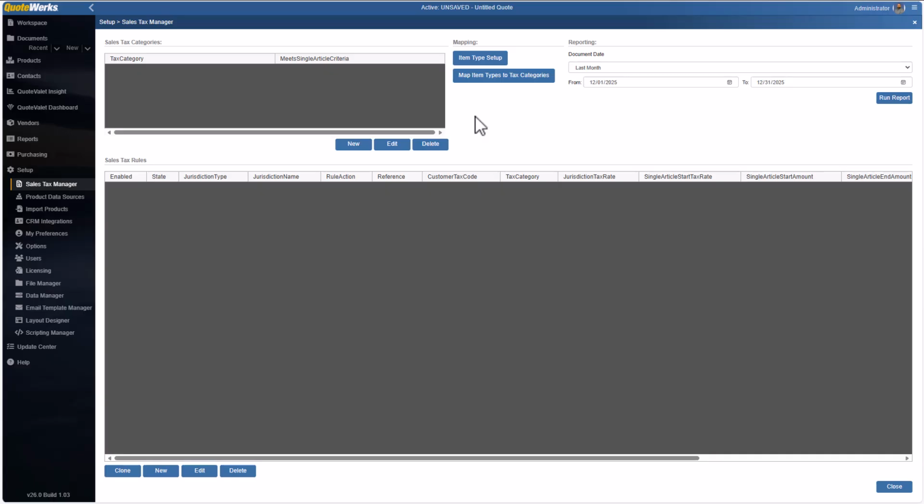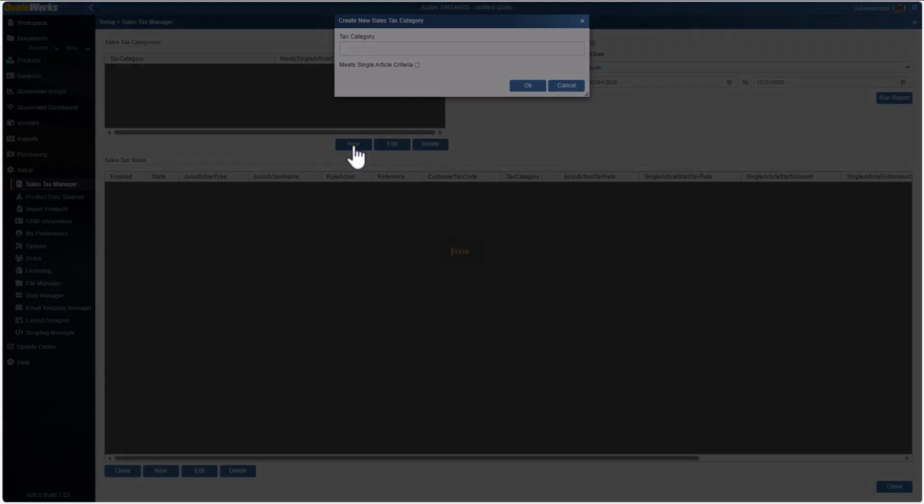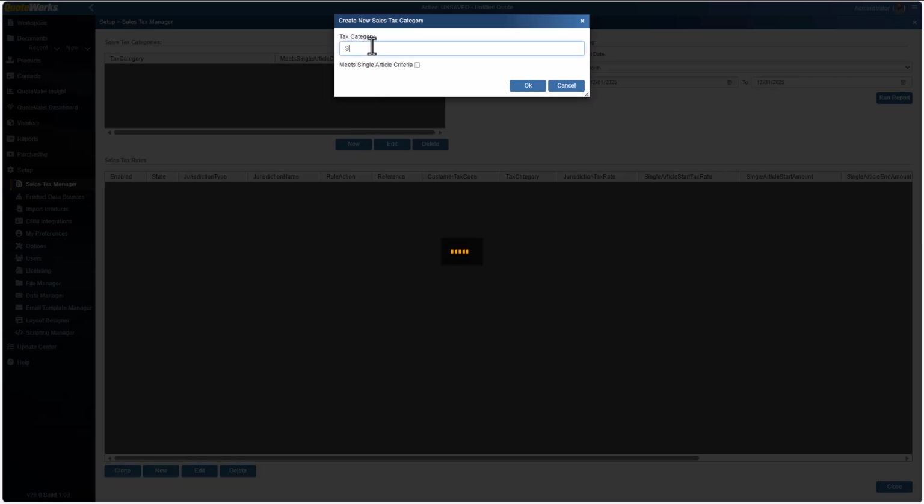For today's demonstration, we will set up a tax category with the name of Software, and this is done by clicking the New button. Here we can set the tax category name, and there is a checkbox titled Meets Single Article Criteria. This checkbox controls whether or not the tax category should apply rules for when the line item's value exceeds a certain threshold. This will become more clear as we continue the process and set up specific sales tax